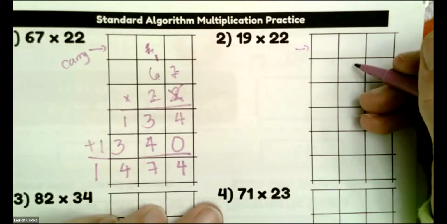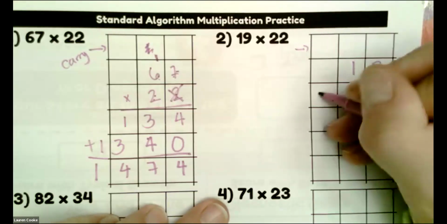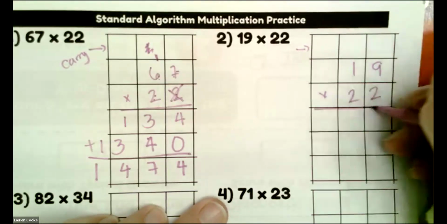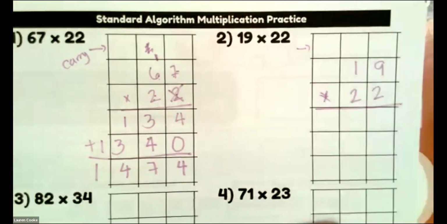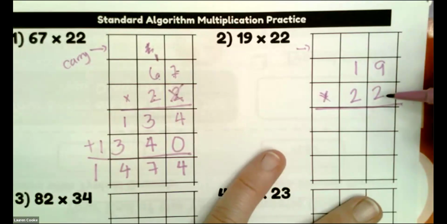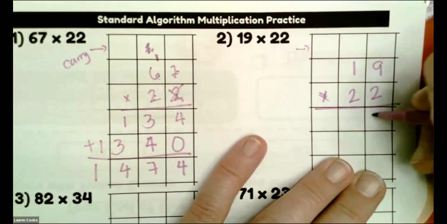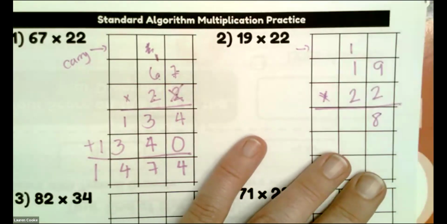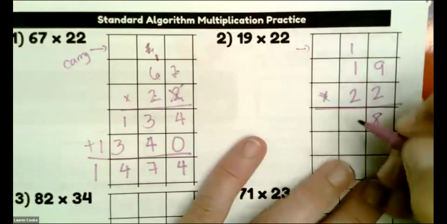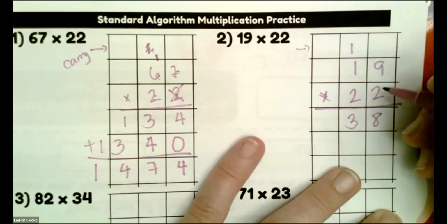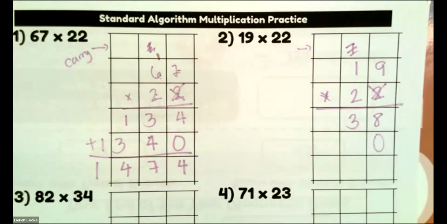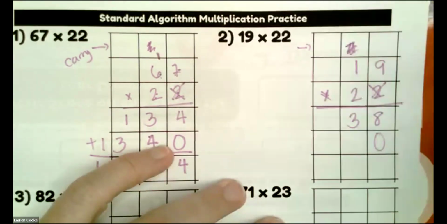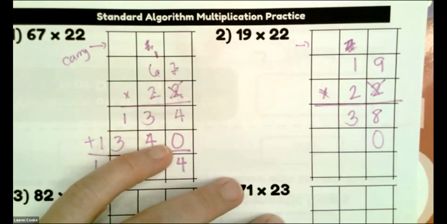All right, let's try the next one. Leave the space for carrying. And I have 19 times 22. Notice my numbers always go all the way into the corner up against the wall here. All right. 2 times 9 is 18. I'm going to drop the 8, bump the 1. 2 times 1 is 2, plus 1 is 3. Okay, and I'm done with the 2, and I'm also done with the 1, which I'm going to see again, but I want to get in the habit of just crossing that off